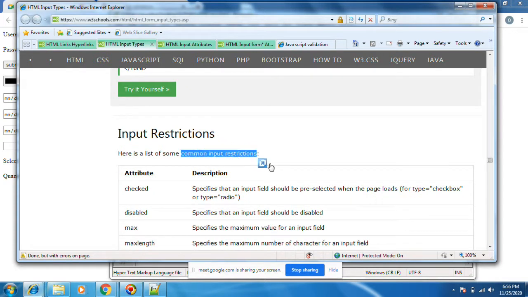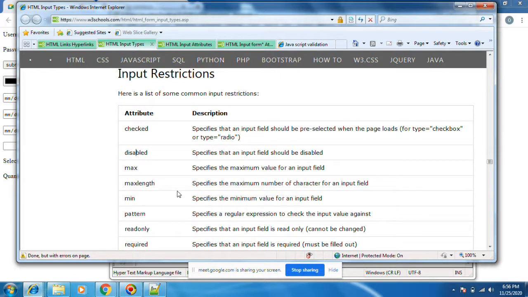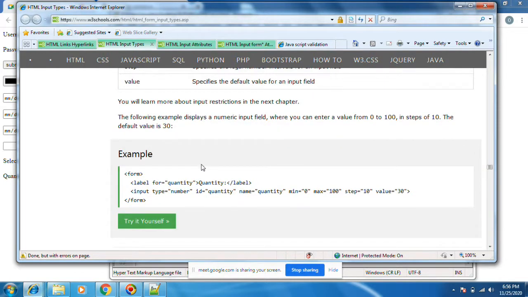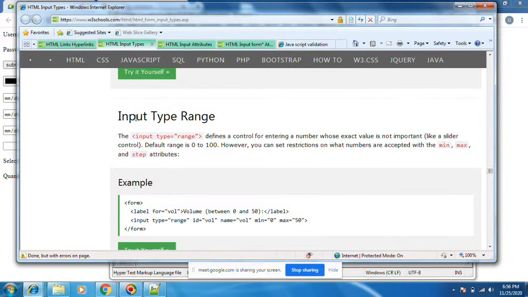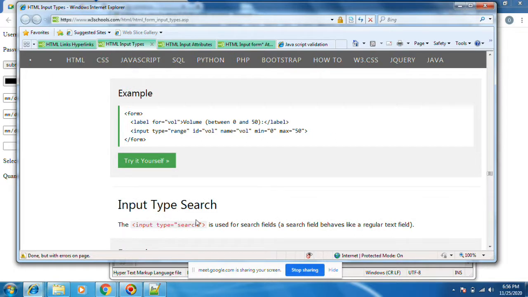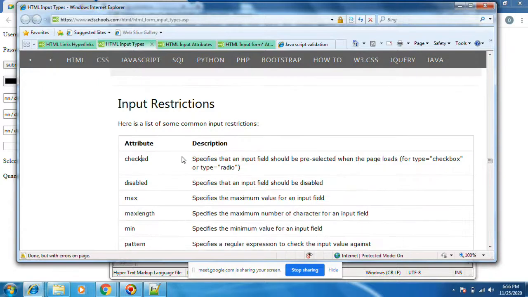Here are some common input restrictions: checked, disabled, max length. Checked means by default, suppose a radio button is there. Input type equals to radio or checkbox, it will work.